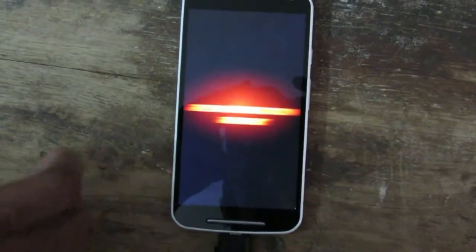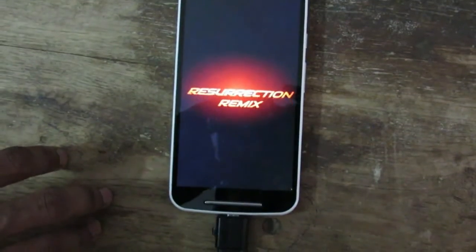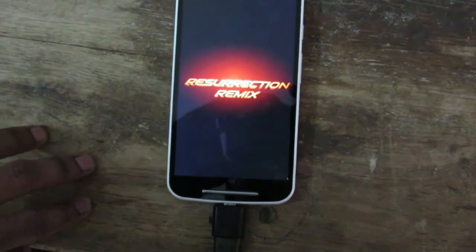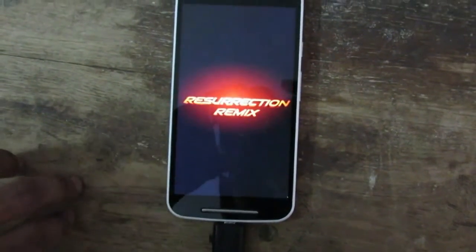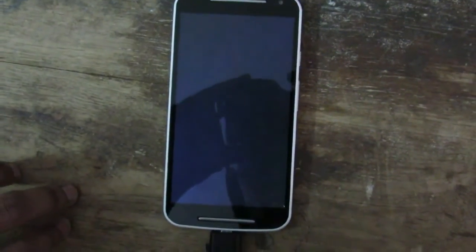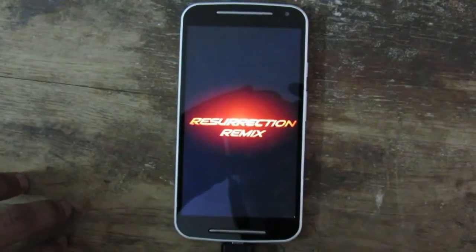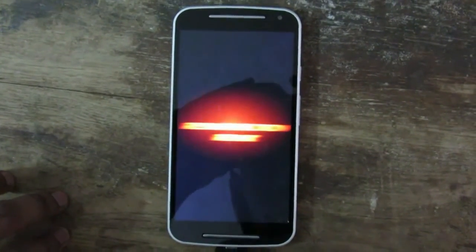So what you can do is switch off your phone by holding down the power button until it is powered off. Go back to TWRP menu by following the commands you followed before, and wipe data and cache, and then reboot your mobile. Once you reboot the second time, it will successfully reboot into the system. So do it.